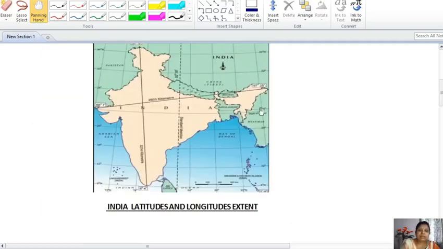In this particular map of India, this particular place's position is known as the land frontier, and the southern part we call the sea frontier. South eastern part Bay of Bengal, southern part Indian Ocean, southwestern part Arabian Sea. Andaman and Nicobar Islands are located in the southeastern part. Lakshadweep Islands are located in the southwestern part of India.